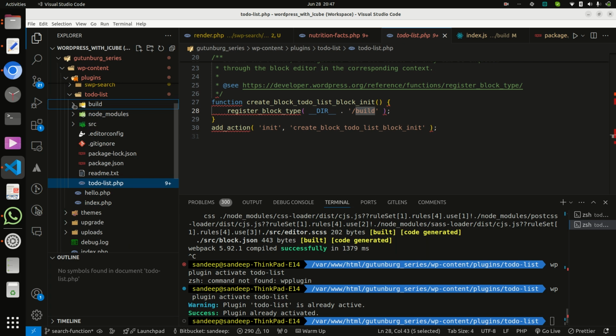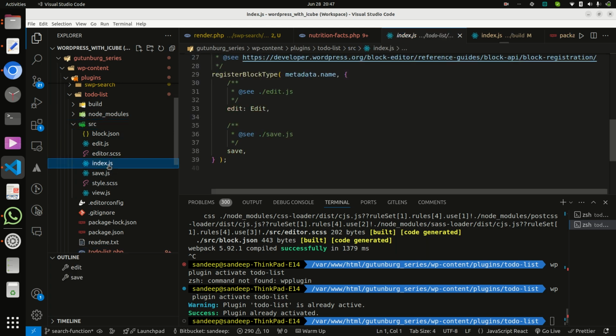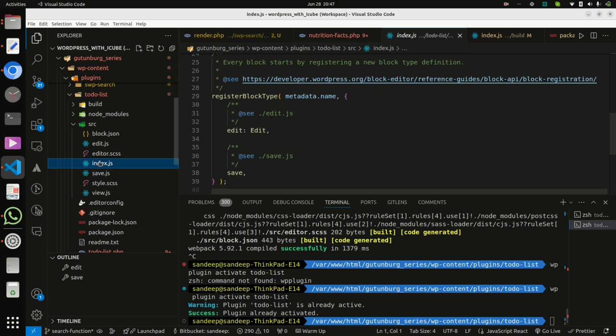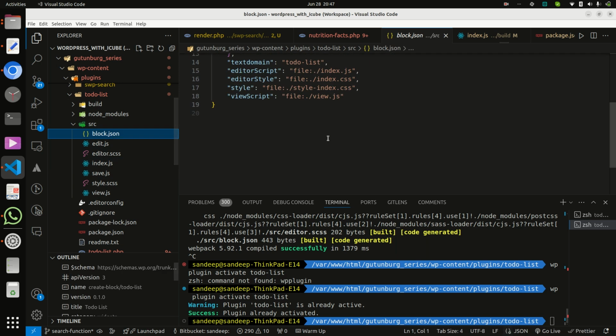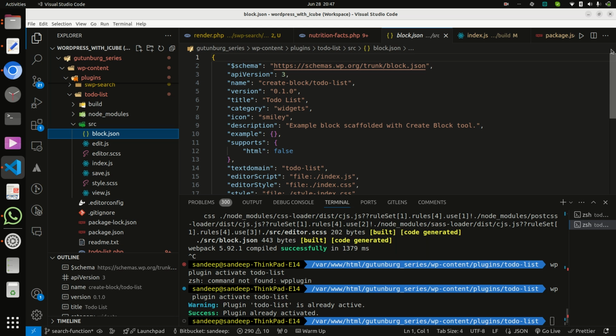We will always work in the source files. index.js is the main file, and block.json is the root file for everything. If you want to define your package, block name etc., you can change it here, along with the title and category.